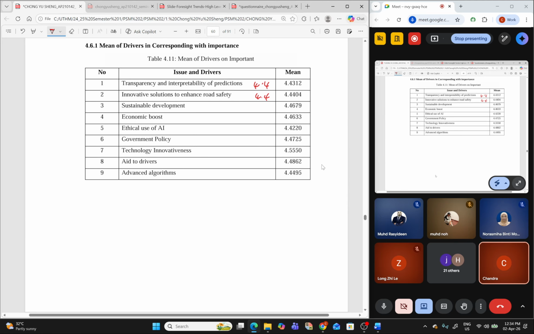So suppose the mean is the same, we will see the smallest standard deviation. Say this one is 4.4 with standard deviation maybe 3.5, and this one is 4.7.